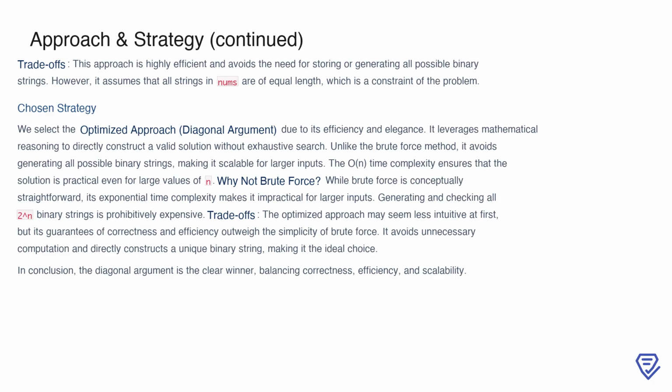Although the optimized approach may seem less intuitive initially, it offers significant advantages over brute force. It avoids generating all possible binary strings, making it far more efficient and scalable. The assumption that all strings in nums are of equal length simplifies the problem and aligns with the constraints provided. Ultimately, this diagonal argument is the chosen strategy due to its elegance, correctness, and linear time complexity, which makes it